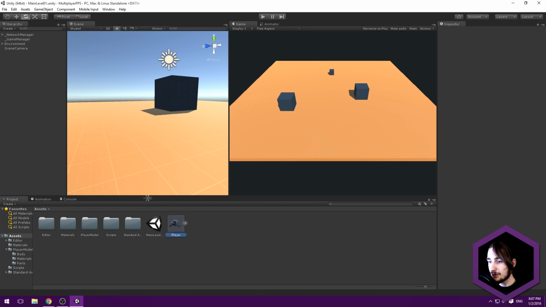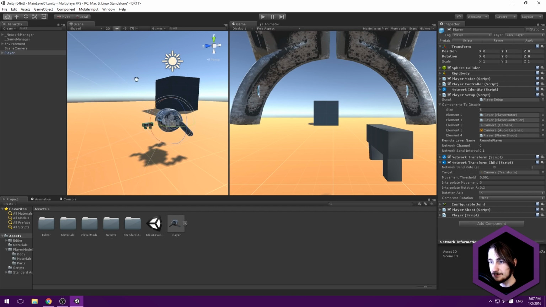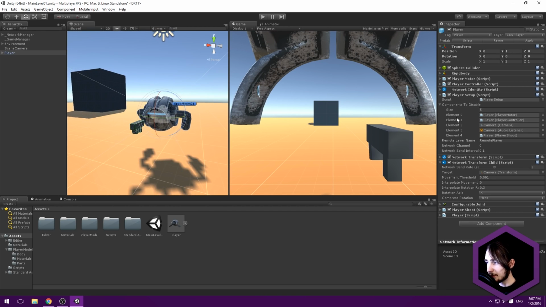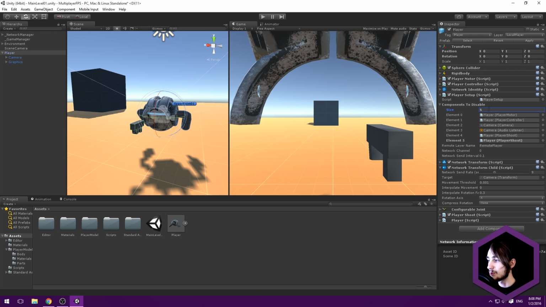I mean, if we go under our player here, drag it in here, and go under the components to disable. Well, there's nothing really telling this that the components that we want to disable should be on this object. It could be components on other objects, and therefore we might just go around and disable renderers on other objects. So we can simply add some to this, and that's maybe something that we want to do for now. So let's just change that so we have room for one more, and then